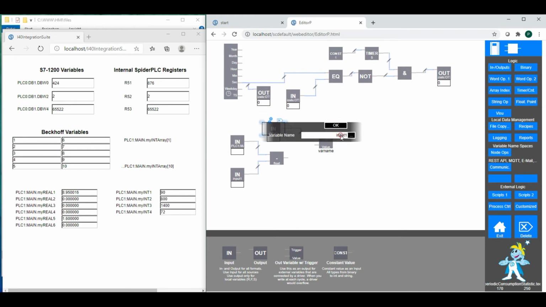We will reuse our trigger signal which we generated right here, and we will store the PLC value,